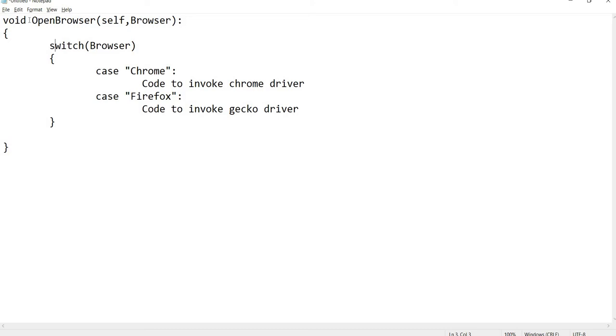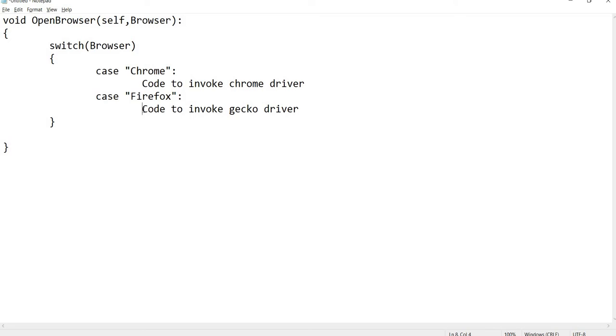So if the browser name I have got is Chrome, then I will write this case Chrome, and this case Chrome will have code to start the Chrome driver for me. If I have got Firefox as an argument to this function, that would be sent here in this switch, and this Firefox case would be executed, which will have the code to start the Firefox driver.